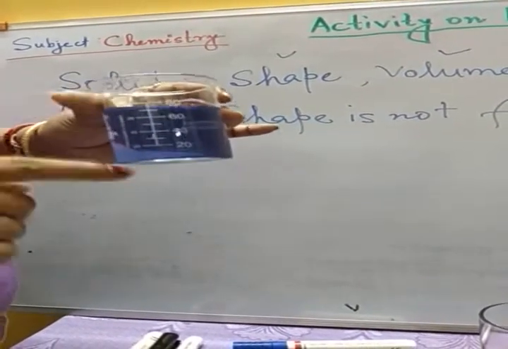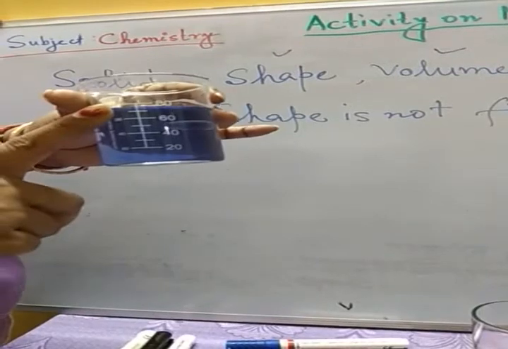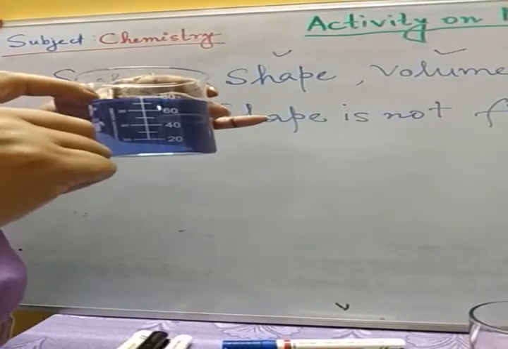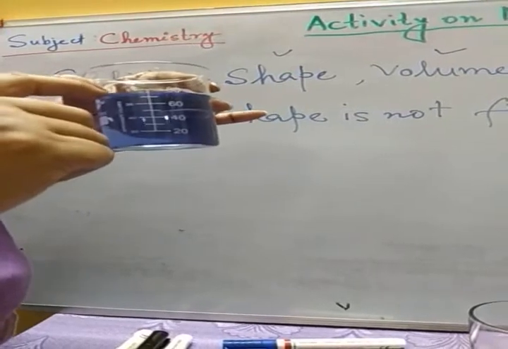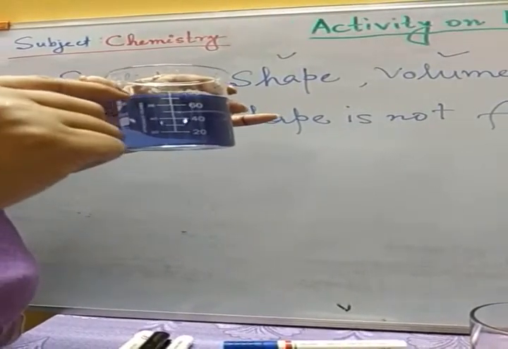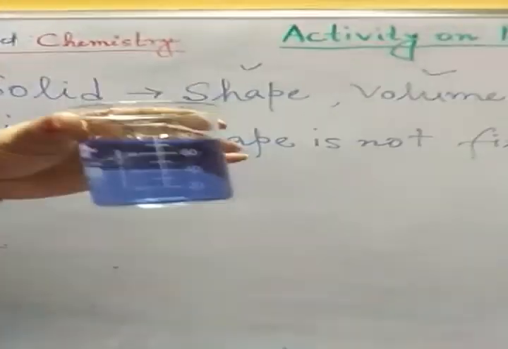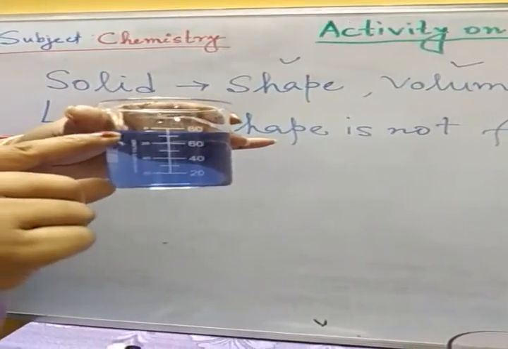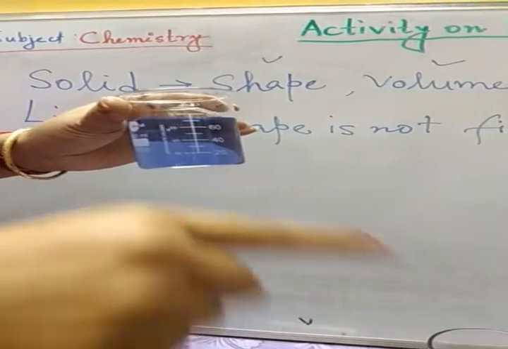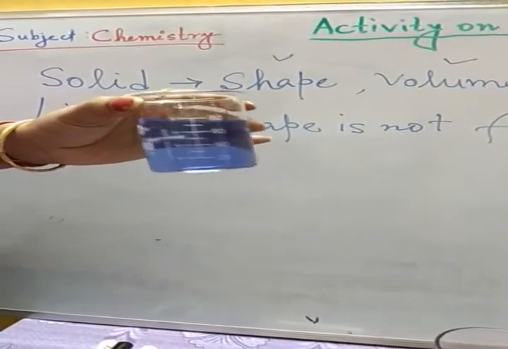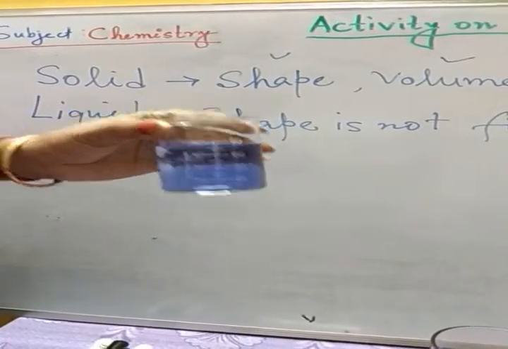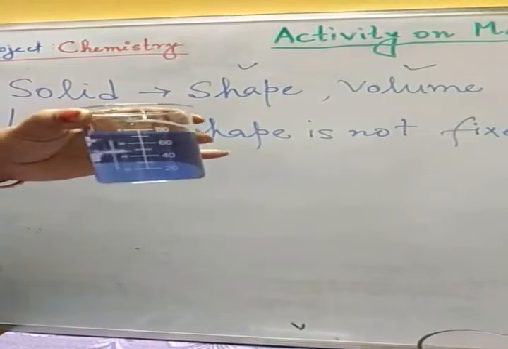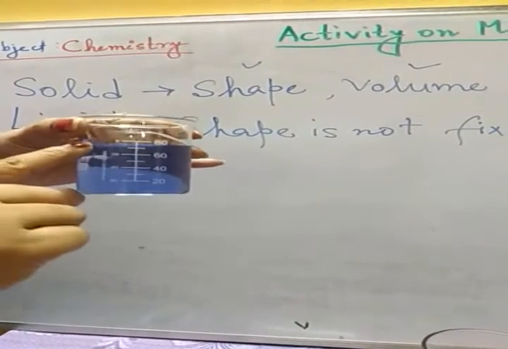So this volume is fixed, we can say, because we have taken this much of volume only, and this volume is fixed. In whichever container we are keeping the liquid, its volume will be fixed. So this much volume of water only we have taken, which can be kept in any kind of shape of the container. There it will take up the shape of the container, but its volume is fixed.